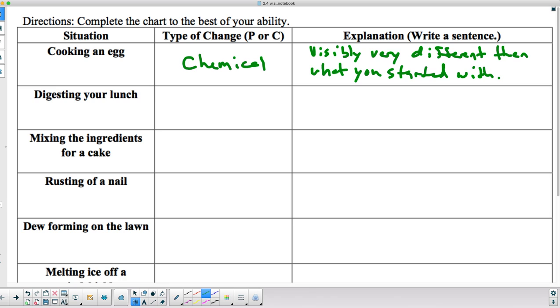Then there's another part that says the mixing of ingredients for a cake. Now, yes, when you mix ingredients for a cake like flour and sugar and salt and an egg and milk or water, whatever you're putting all together there, those things do look different when they're separate and then you put them all together, but it's usually not a huge visible change. Water looks wet and so does the cake batter; it still looks kind of wet. It's physical because you are combining